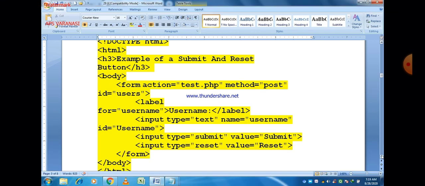Now you can easily see on the screen type is equal to submit and type is equal to reset are the last values. So the submit button basically submits the form, and the reset button is used to reset the data. Before these two lines, we used a text box and a password box. So for that purpose we just write type is equal to text, and then a submit button, and then a reset button. No password is used here, only a single text box will be there.